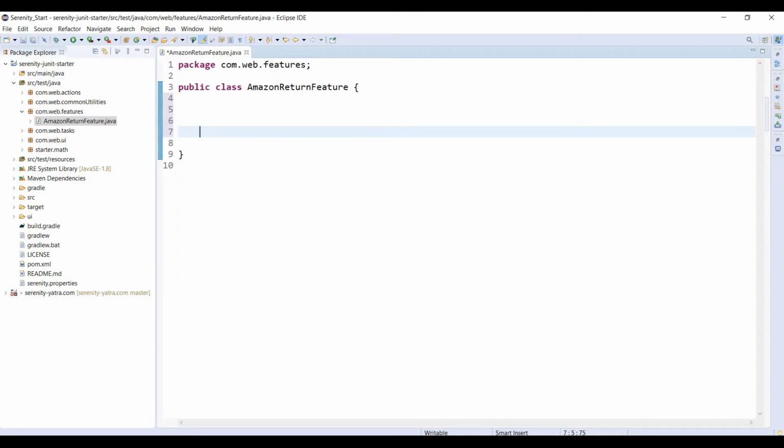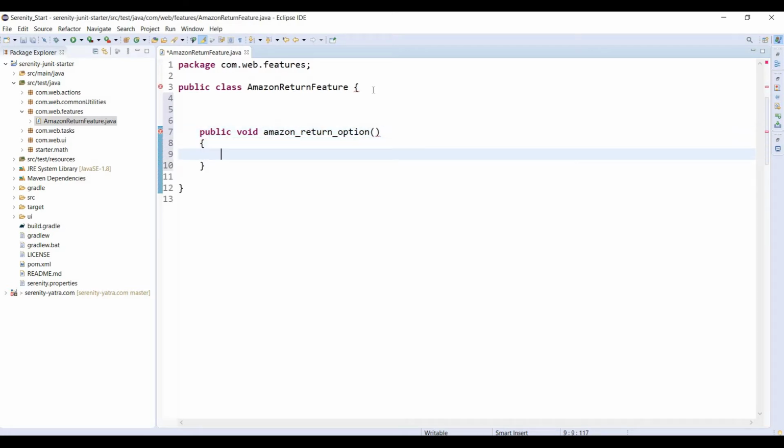Inside the class we are going to define a test method. So I created a test method, AmazonReturnOption. Here we have to define the Test annotation.